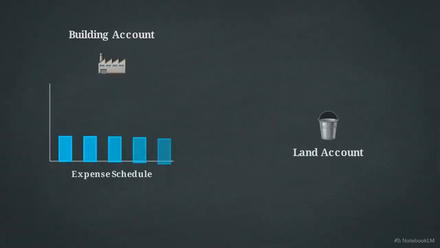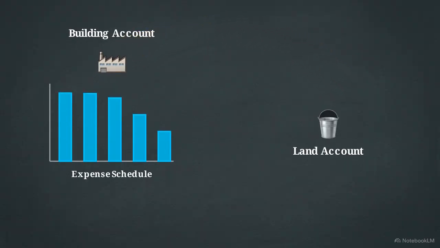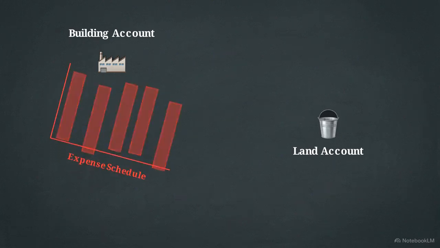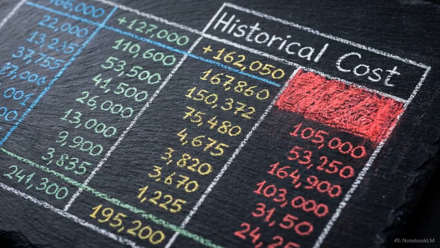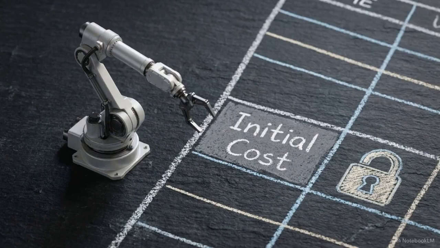If you commingle site preparation costs into the building account, you will eventually depreciate those costs over time, corrupting your entire expense schedule. The final historical cost is a highly curated aggregate, the absolute ceiling for every dollar of expense recognized over the asset's entire life. Once that initial capitalized cost is locked in, the accounting process shifts from day one capitalization to the ongoing mechanics